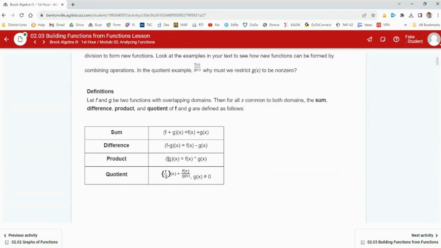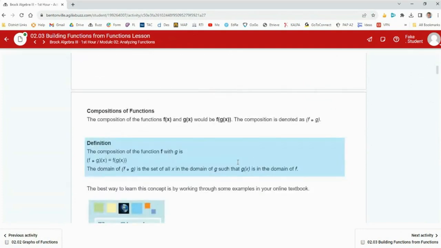Product, multiplying them together, (fg)(x), that just means taking f of x and multiplying it by g of x. And then that dividing thing, (f divided by g)(x), is f of x divided by g of x, but g of x cannot be 0. All right. And then the composition is f of g of x. Now, I know you did some of this in Algebra 2, but we're looking at it again